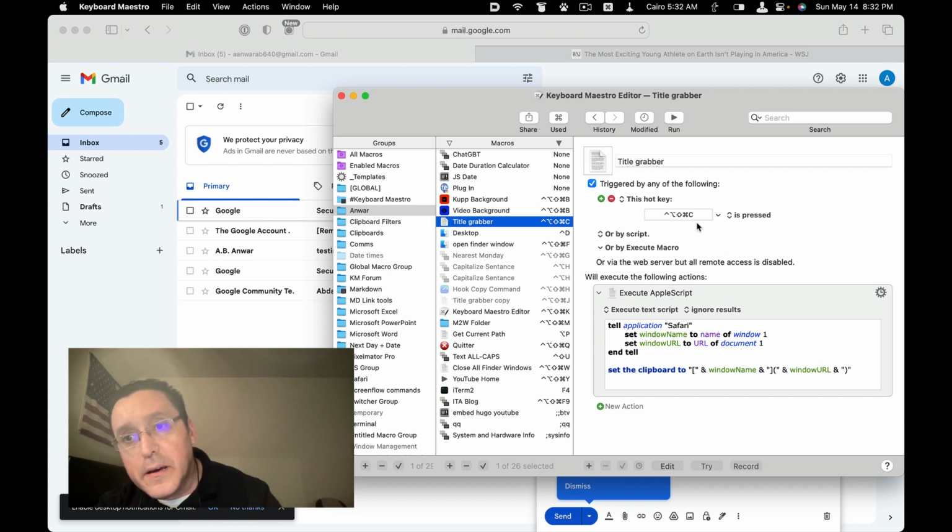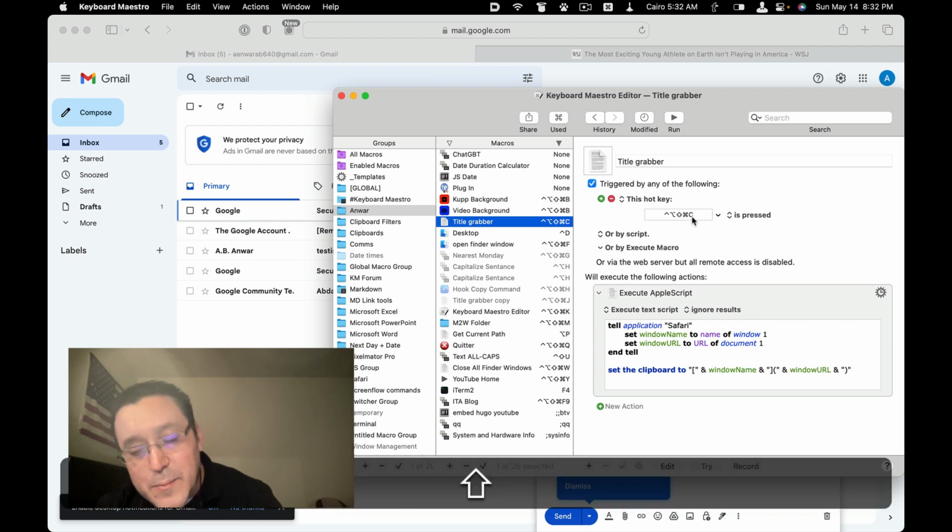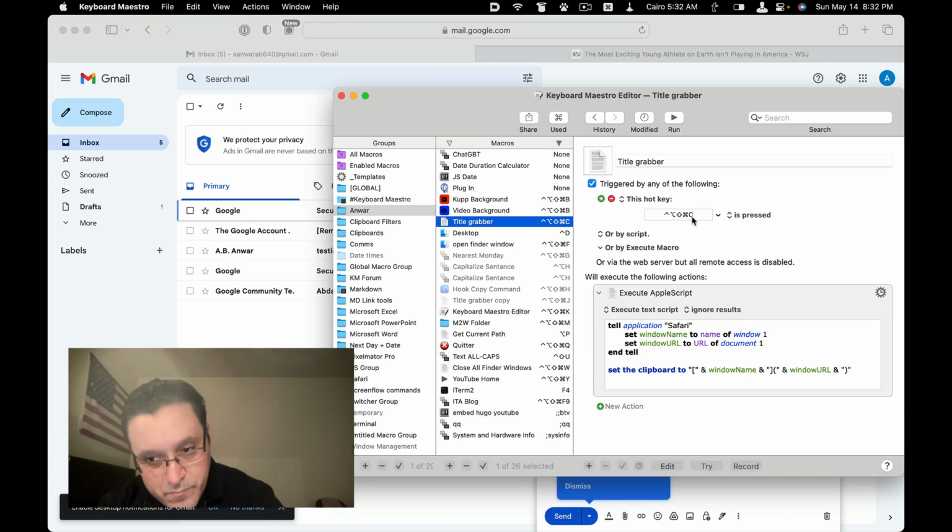Here I have the caps lock trigger, which is all four, what are they called, modifier keys is the term. So my caps lock key hits all four modifier keys, and then I hit C, and it copies